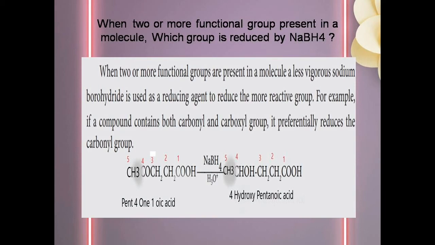the product. See the product: in C=O, hydrogen is added, that hydrogen is split into 2. One of the hydrogens is added to the carbon, another hydrogen is added to the oxygen, so that we get the alcohol group. Here how many carbons are present? 5 carbons, and in the first carbon acid, fourth carbon ketone. So on the reactant side the name of the compound is 4-oxopentanoic acid. In the product side there are 5 carbons, in the fourth carbon we have alcohol, in the first carbon acid, so the compound name is 4-hydroxypentanoic acid.